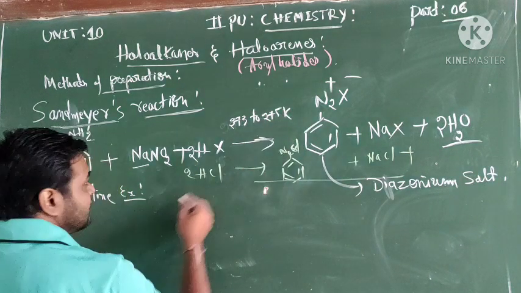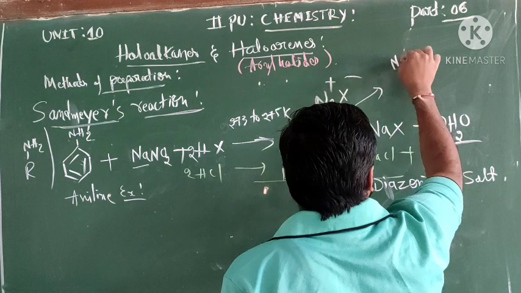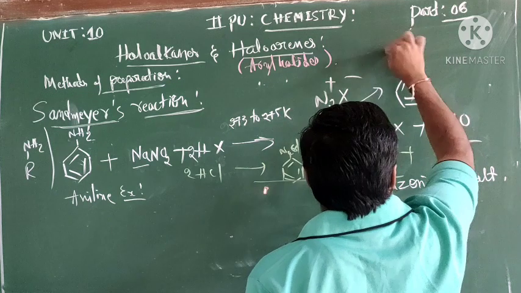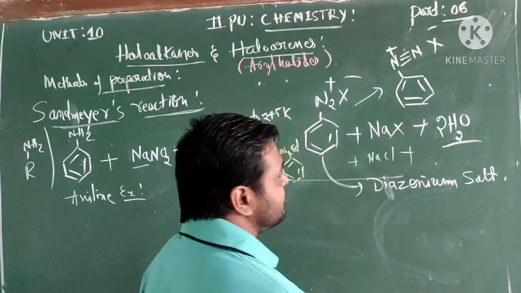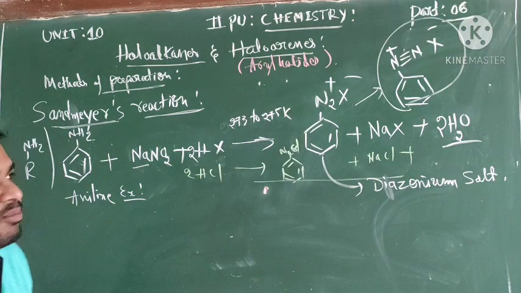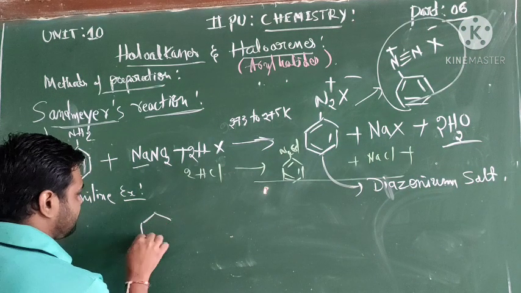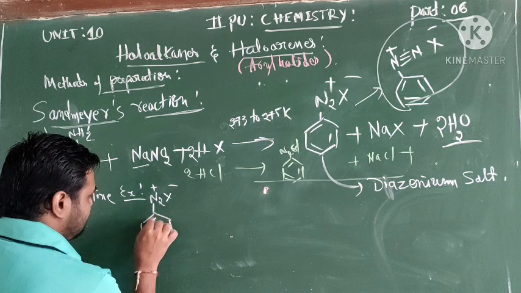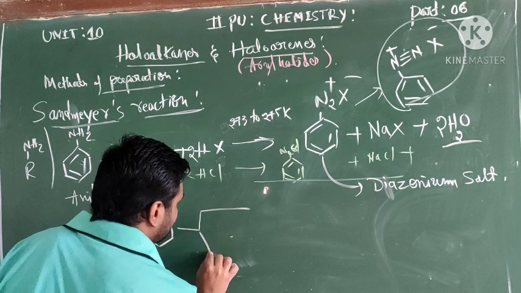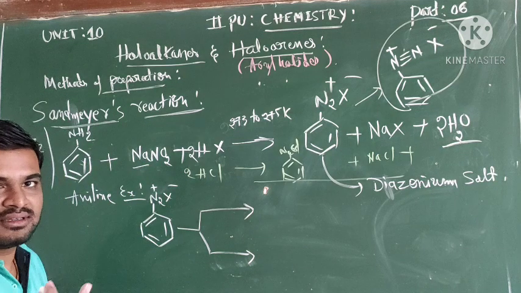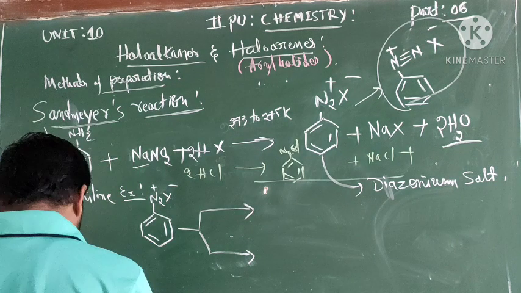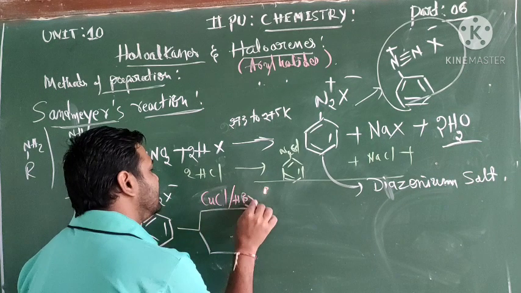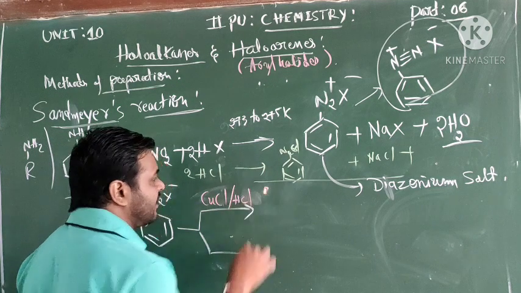Okay? So now you write, the N2 molecule can be written like this also: triple bond, N plus and X minus. Okay? So in this molecule, you can write here N2 plus. Say two products will appear in the presence of chlorine and bromine. Okay? So we take CuCl, cuprous chloride, in the presence of hydrogen chloride. Okay?